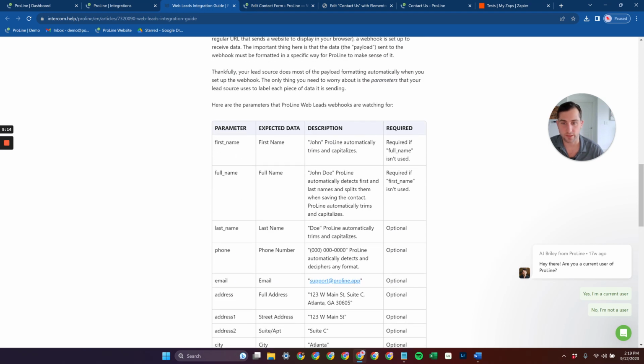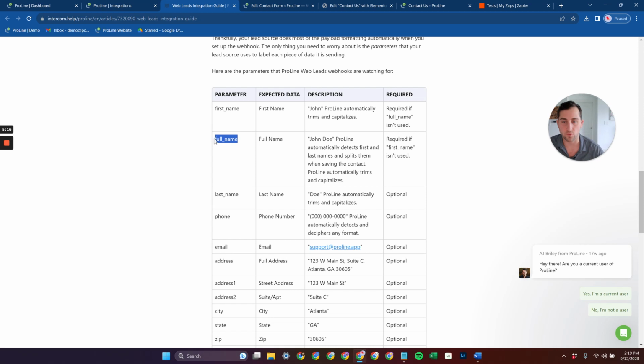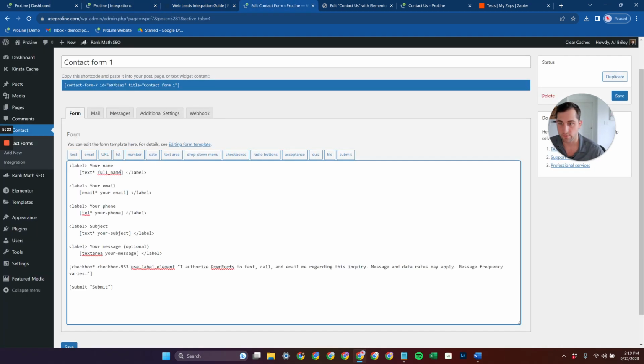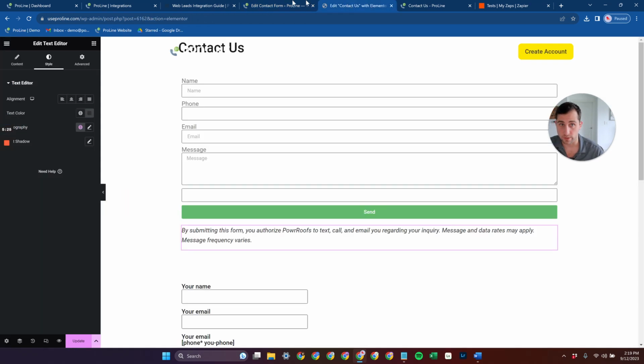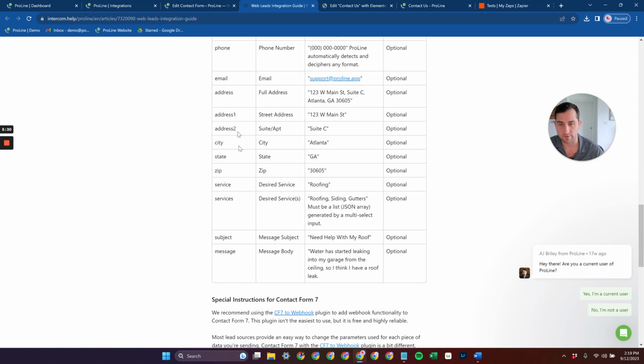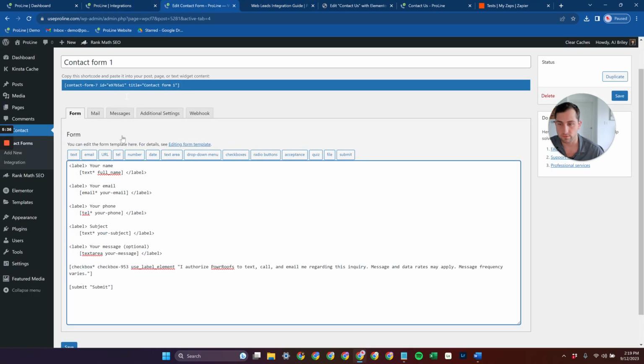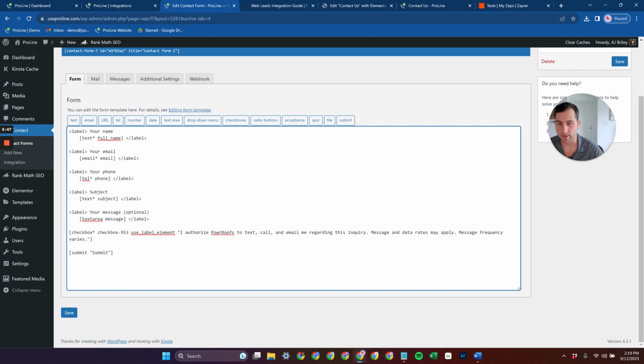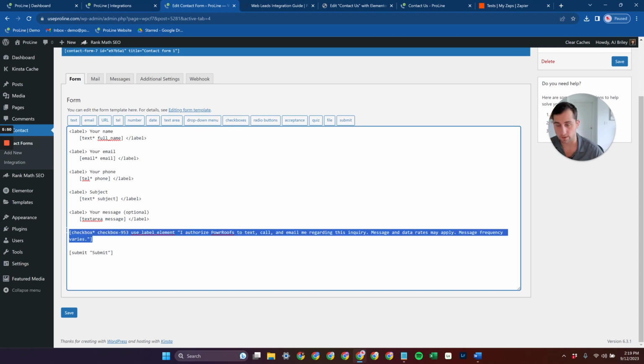But if we look on our matrix here, what we need is full name, not your name. So we're going to copy full name, and we're going to come back into here. We're going to put full name in, and then we'll look here and see that we need email, phone. We have a lot of other things that we can add, but we don't need them. Subject, message. For this form, we're just going to change this now to email, change this now to phone, subject, message,